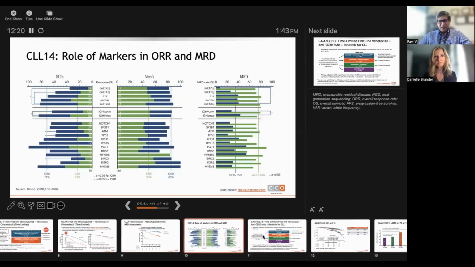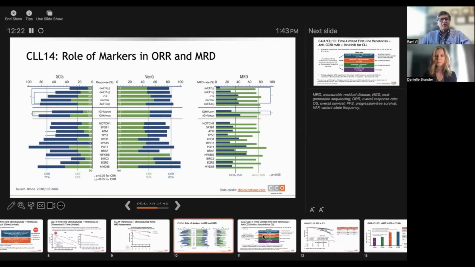And does the attainment of MRD negativity track with any of the other known prognostic factors? Is it more difficult to get into MRD negativity if you have, say, 17p deletion or some other adverse factors? Yes, exactly. So I think what we've learned from the follow-up studies is that